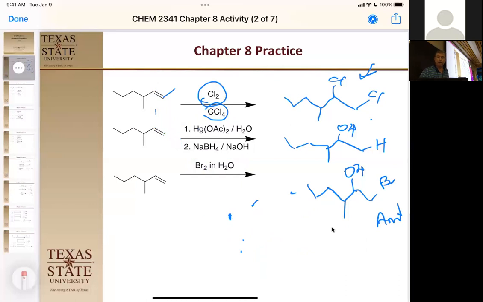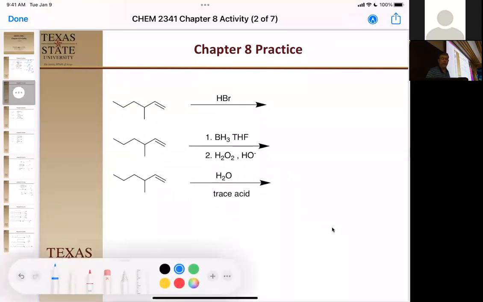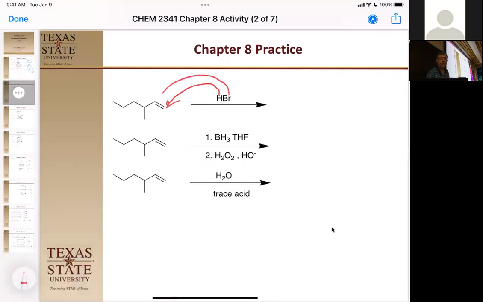All right. Okay. Now next, we have these. So these are reactions we played with over the weekend, I'm sure. I know I did about 30 of them just for fun on Saturday morning. Anyway, so we have HBr. So H is going to add here, Br is going to add there. So our product is,